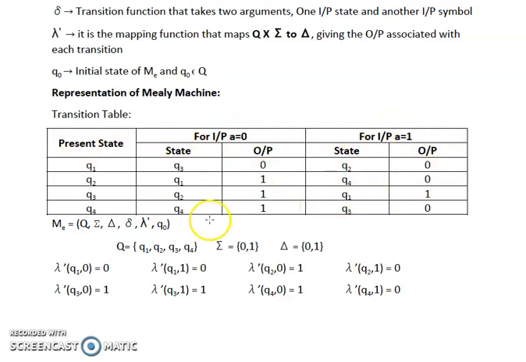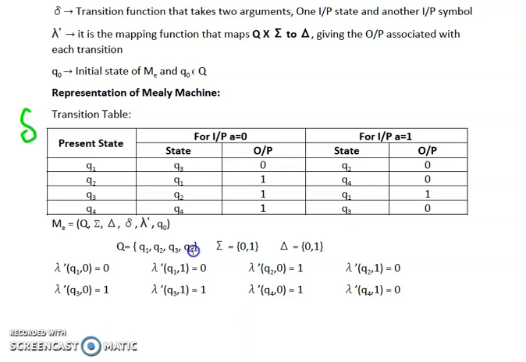So this is the representation of the transition table for Mealy machine. Now, as I have already told you, any machine is not complete until and unless all the tuples are represented. Since a Mealy machine requires 6 tuples for its representation, and the table represents only the tuple delta, let's talk about the other 5 tuples. In this table there are 4 states: Q1, Q2, Q3, Q4. So capital Q is equal to {Q1, Q2, Q3, Q4}.